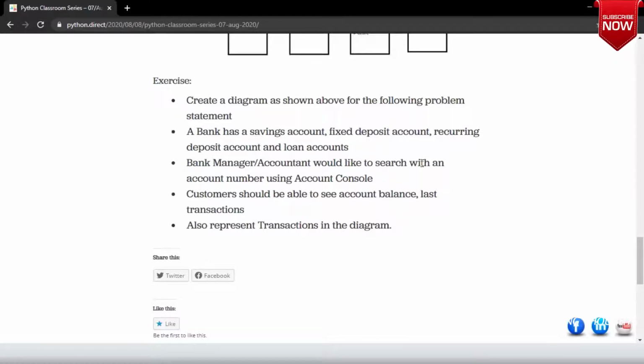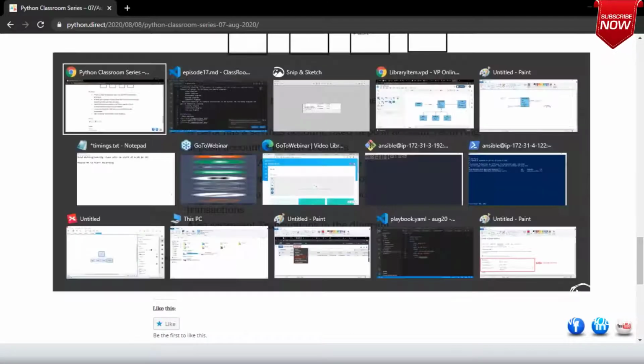So for this, shall we try to come up with the classes? What are the different classes which we can think of in this? If I have to basically look at this account, a bank has accounts, and accounts are of different types. Do you agree with me on that? Okay.